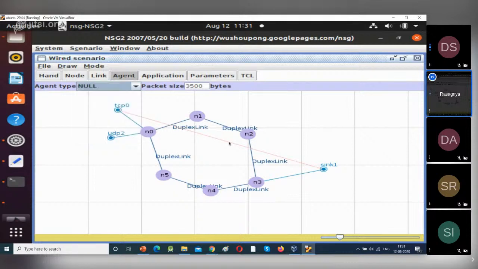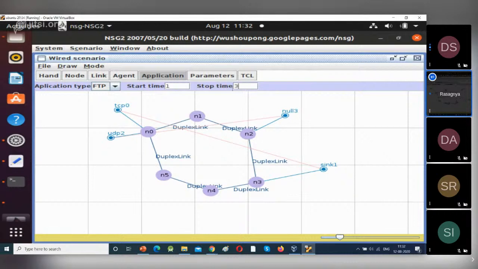I'm selecting N2 as my null. Click on N2, move and click. Now connect null and UDP: click on null and then click on UDP. See, UDP is connected to null. Now go to applications. For TCP, the application type will be FTP, the start time is 1 and the stop time is 2. I'm changing it to 3 seconds.